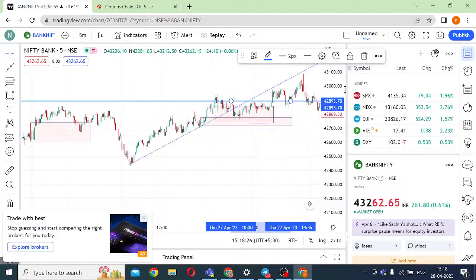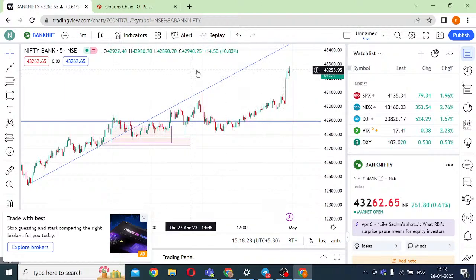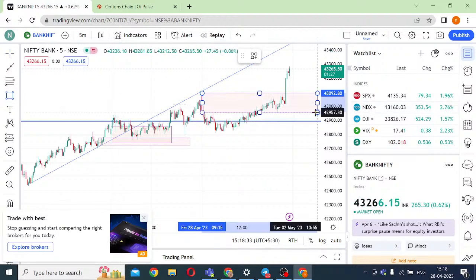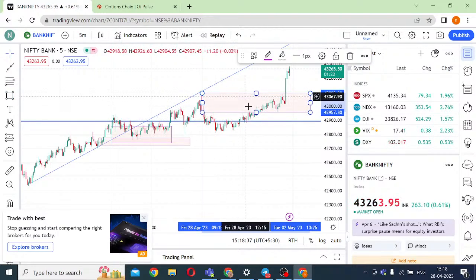Now today, if you see what has happened, this is my opening candle. I had given the same trade midday, assuming that it will take a resistance. Once it has come up again, is it taking out the opening candle? Till here, I had given the trade in the noon. So Nanda, to your question, this is where I had given a trade. Ideally this should have taken out the opening range low. It did not, so it went up.